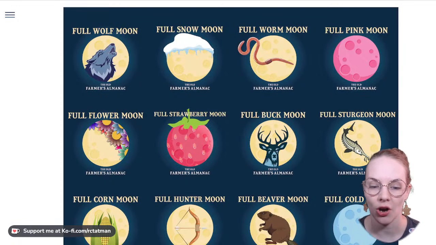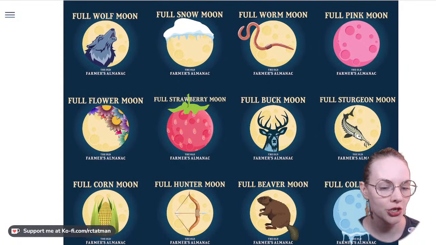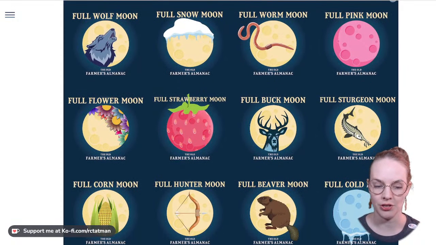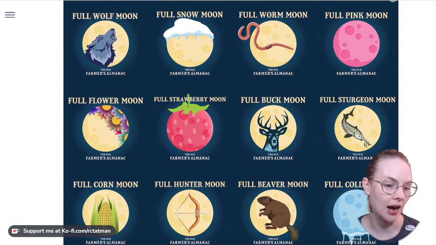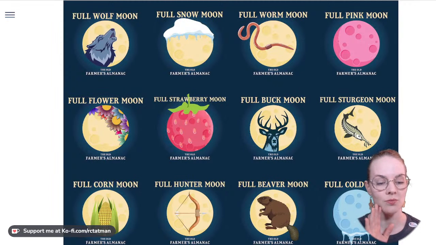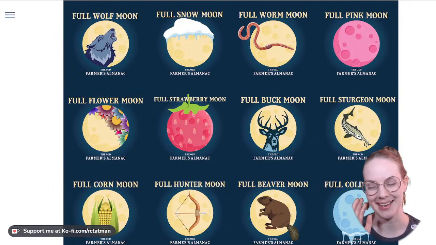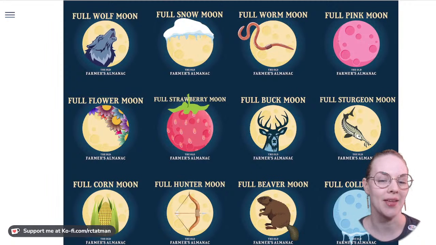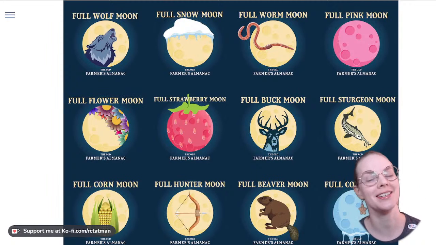And some of the things are fairly similar. Like, I'm pretty sure there's a hunter moon in the UK system as well. I'm pretty sure the corn moon is the grain moon, again in the UK system. And these, of course, will differ by hemisphere because they are seasonal. So these are the names that the Old Farmer's Almanac uses for the full moons. And there are sometimes 12 and sometimes 13 full moons in a year.